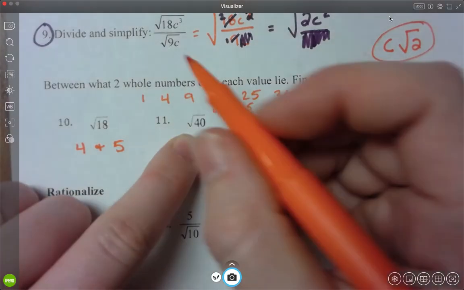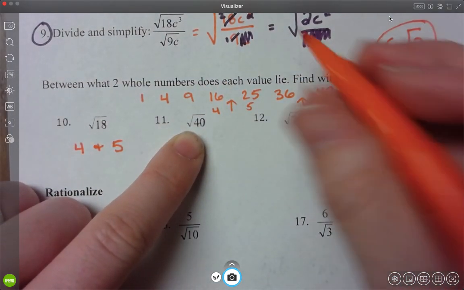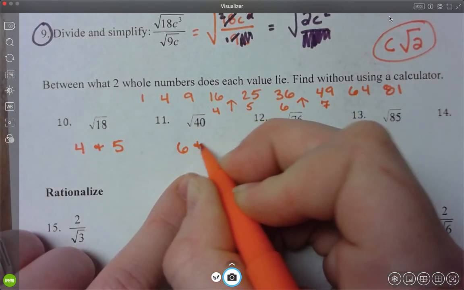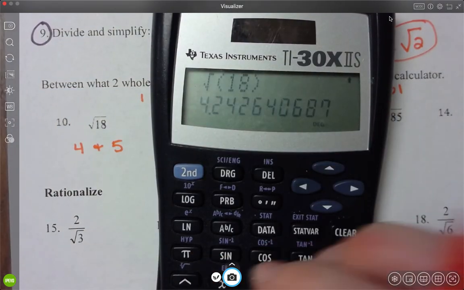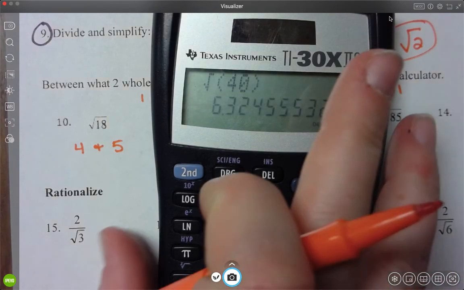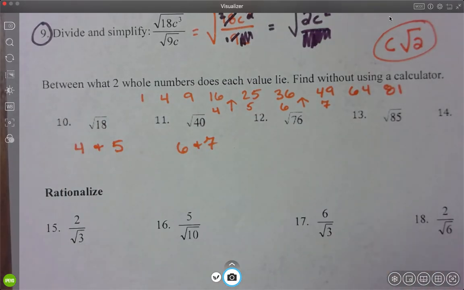So 40 lives right here between 36 and 49. 36 is 6 squared. 49 is 7 squared. So he is between 6 and 7. If I do the square root of 49, or excuse me, square root of 40, he comes out to be 6.3. And so he is a number between 6 and 7. Okay, so just think about that when you're typing stuff into your calculator, just to make sure you're typing it in right. Or if your calculator has an error or something, think about reasonable numbers and where that number lives. Okay,